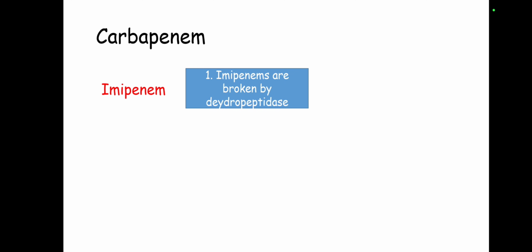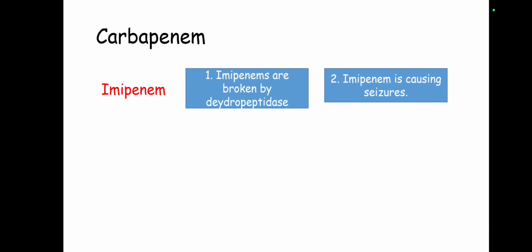Therefore, the newer drugs should not be broken by that. Next thing is, imipenem is causing seizures. So, newer drugs should have lesser risk of causing seizures. So therefore in newer drugs we have taken care of these two problems, and the drugs are meropenem, ertapenem, doripenem,